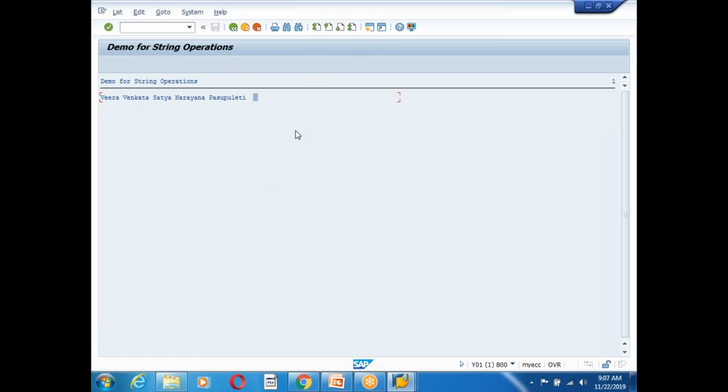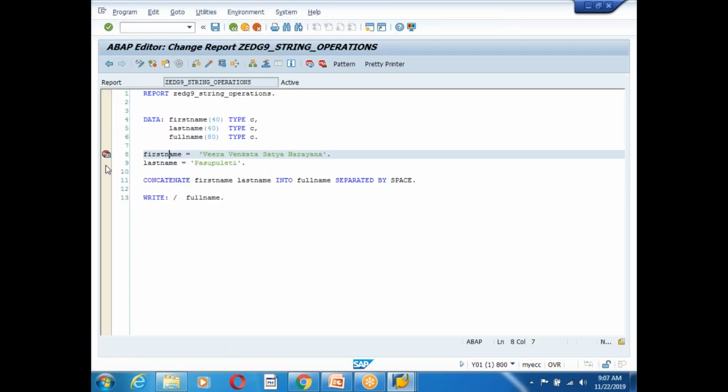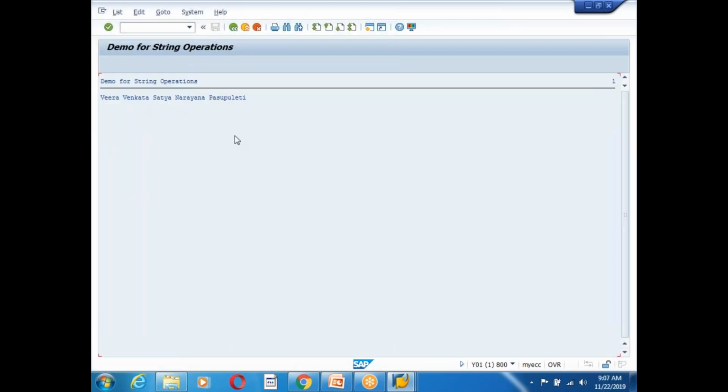This is the way, step by step, you need to debug. You need to see the values, and you need to see the results, guys. If you don't do the debug, you don't understand anything. So write the program and put the breakpoint on the first line, and step by step see the data objects and see the results. Then you are going